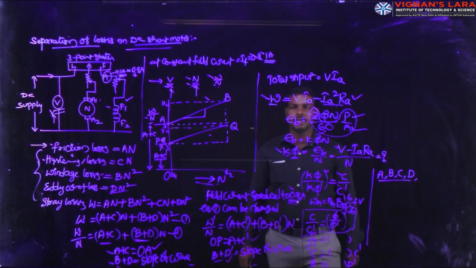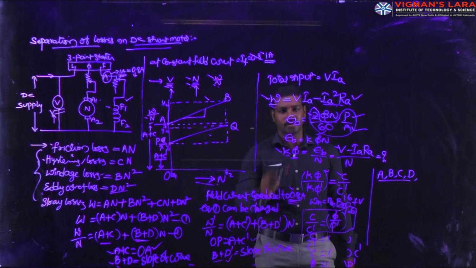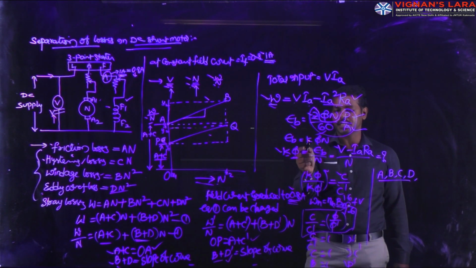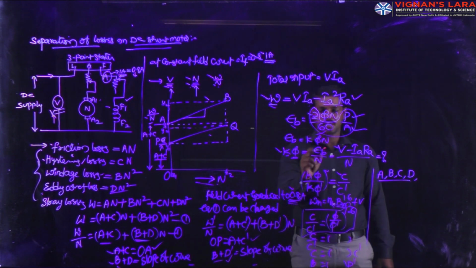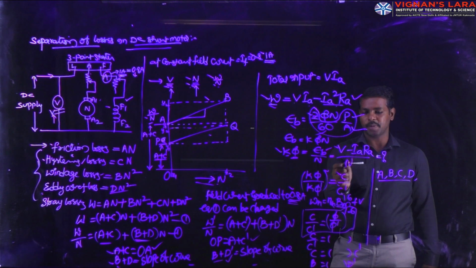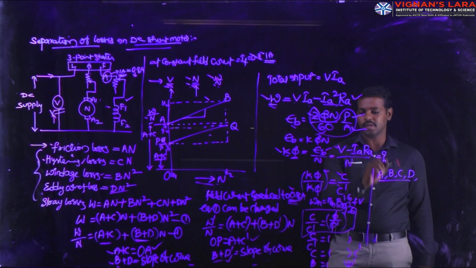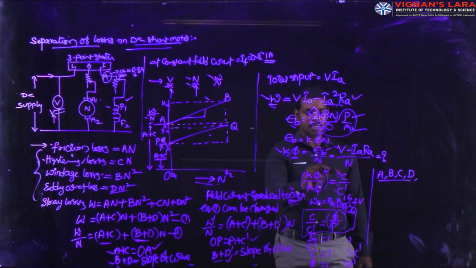Now the rotational losses or stray losses are to be calculated. Back EMF is equal to some constant into phi into N. EB is equal to K into phi into N, so K phi is equal to EB divided by N. From the voltage equation of a DC motor, EB is equal to V minus I RA. So these are all known values, and the ratio K phi divided by K phi dash, that is, C divided by C dash, is equal to some constant.